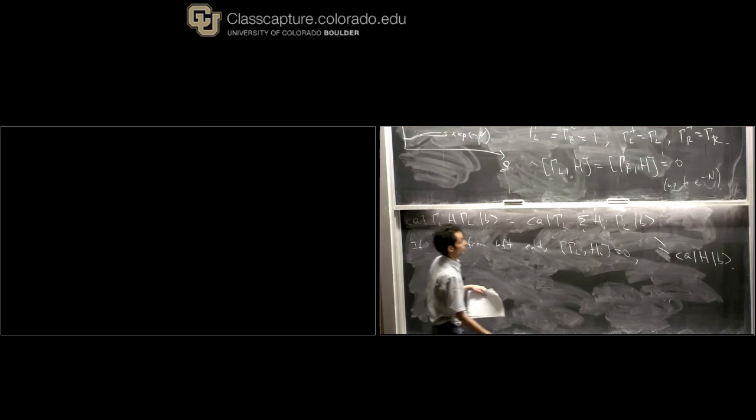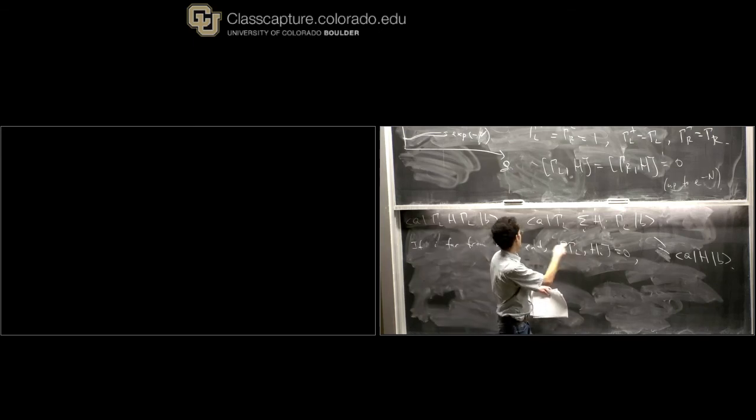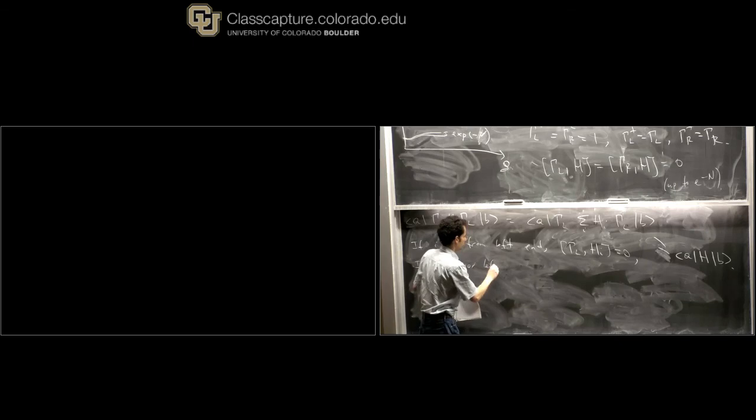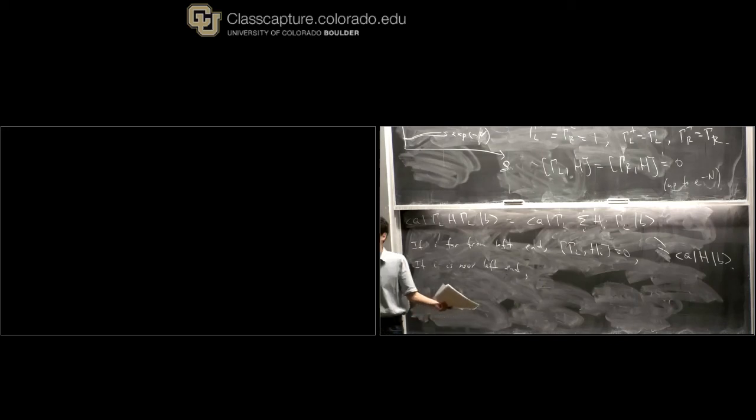Now what if i is not far from the left end? If i is near the left end, well, then it must be far from the right end because we are taking a long chain. So then